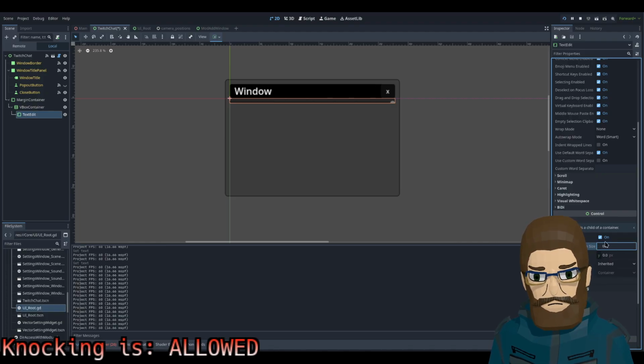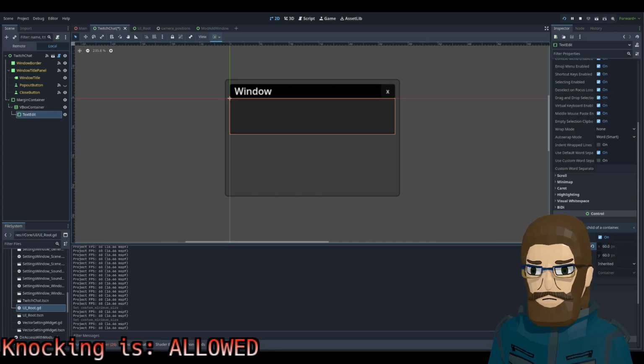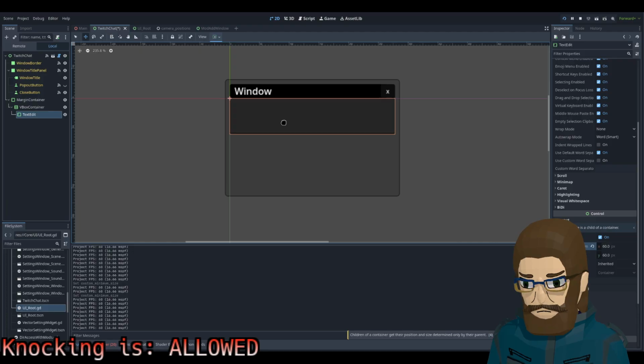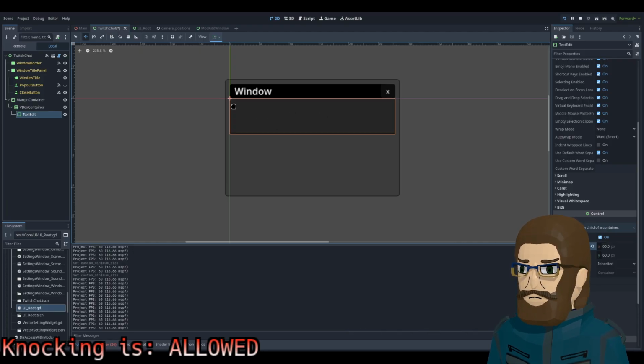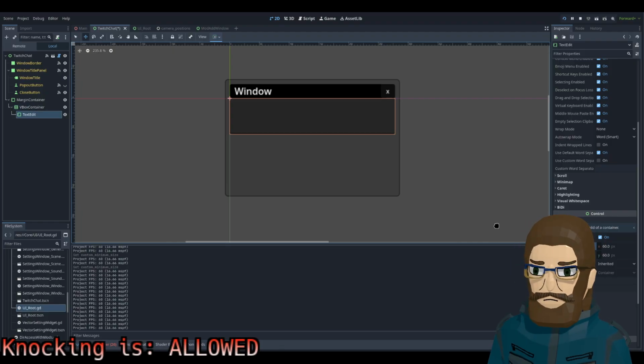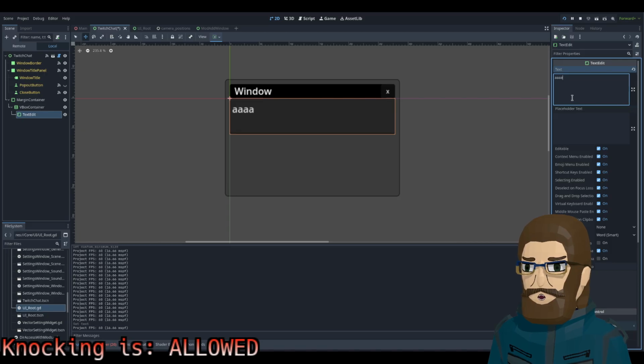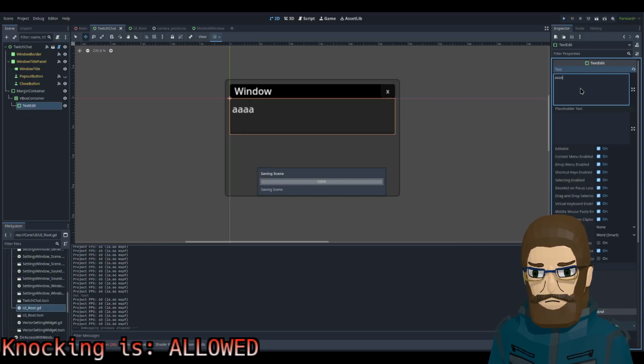Like 60 by 60. There we go. A little larger. And I want to move you. Should let the container get their position inside. Oh. I see. I see. Okay. Yeah, we need that. Sure. So if we reload.